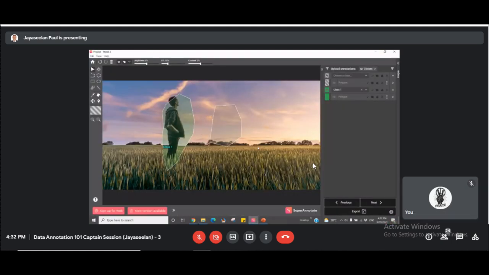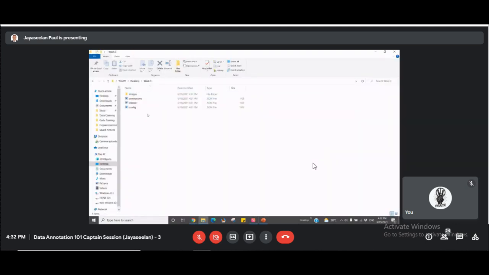The tool will take care of it. Don't worry about that. But while you're uploading, make sure that all the 4 are there. You don't have to do anything here. What you're doing on the tool is automatically saved in this JSON file. The classes that you create are saved here. So while you are uploading for submission, submit the whole folder.